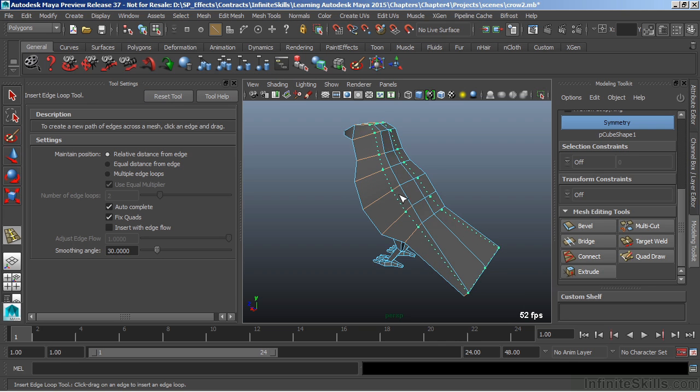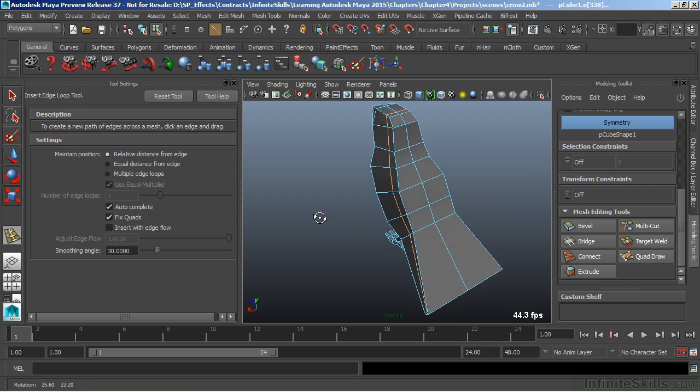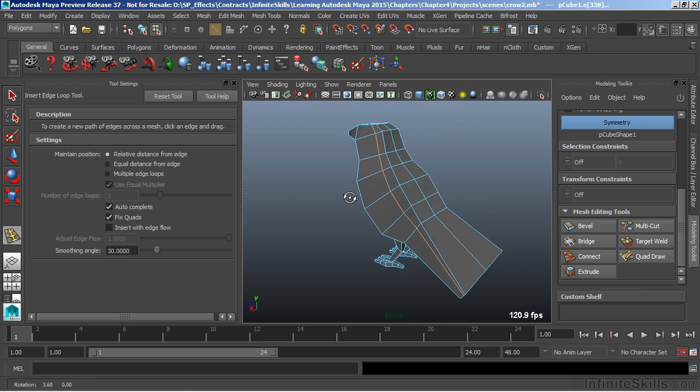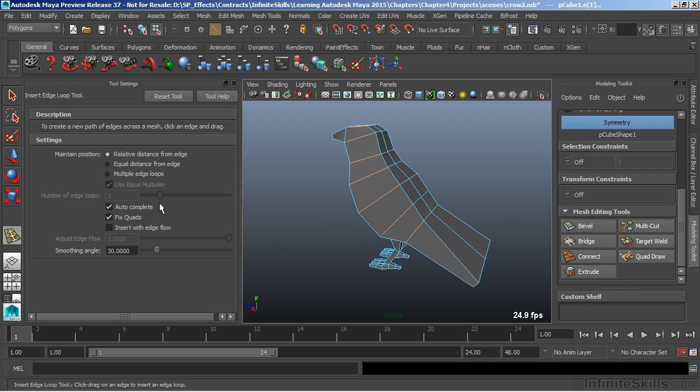And if I hold the left mouse button down, I can relocate that edge loop. I'm going to place this just right about here. And we can see that it just drops that edge loop in there, and it goes all the way around my model. I'm going to undo that and look at a different option to turn on here, and that is Insert with Edge Flow. I'm going to check this, and now come back to my model, and let's insert that